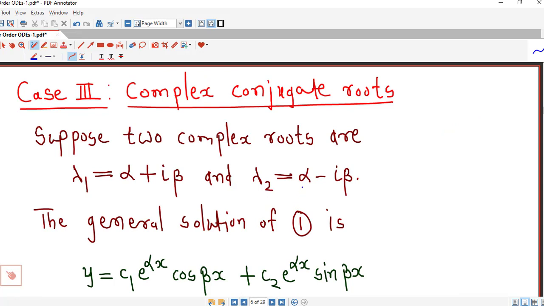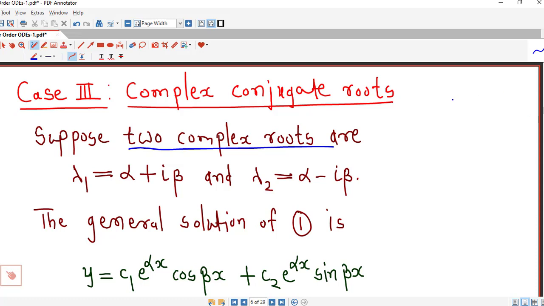Now the third possibility is complex conjugate roots. So we will remember that whenever we have complex roots, they are always in pair and they are always conjugate of each other. So we cannot have odd complex roots. Complex roots are always in pairs. They are either 2, 4 or 6 and so on. Because we are having a second order equation, the complex roots are always 2. If the roots are complex, then there will always be 2 complex roots for a second order homogeneous equation, and they must be conjugate of each other.